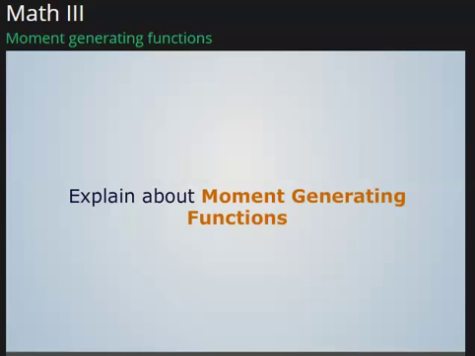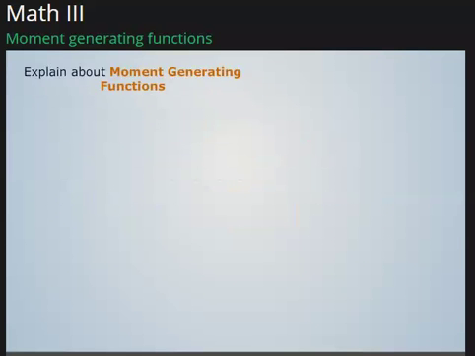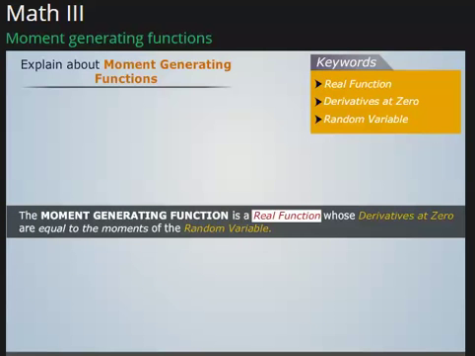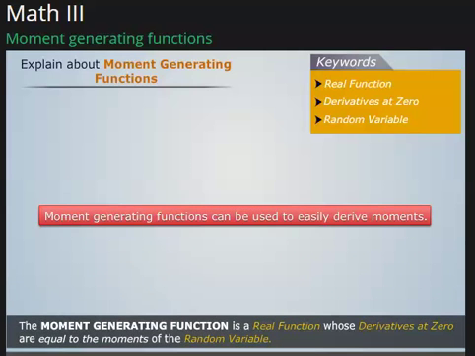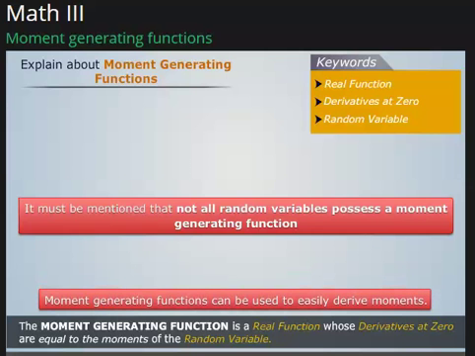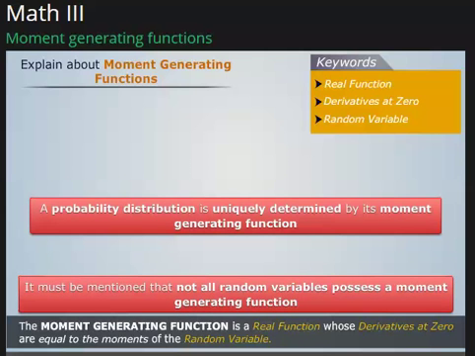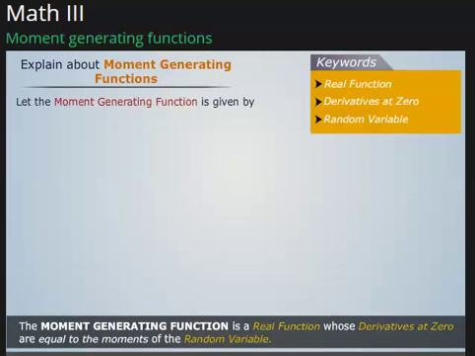Explain about moment generating functions. The moment generating function is a real function whose derivatives at 0 are equal to the moments of the random variable. Moment generating functions can be used to easily derive moments. It must be mentioned that not all random variables possess a moment generating function. A probability distribution is uniquely determined by its moment generating function. Let the moment generating function be given by, now this can also be written as